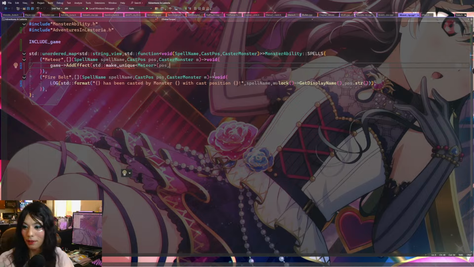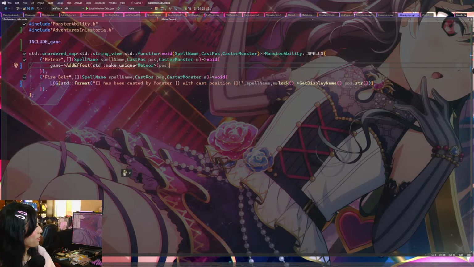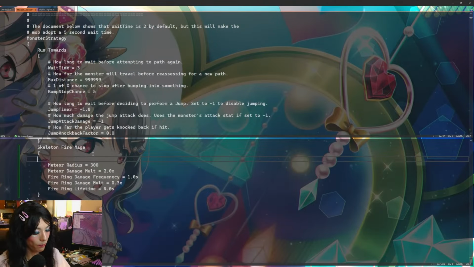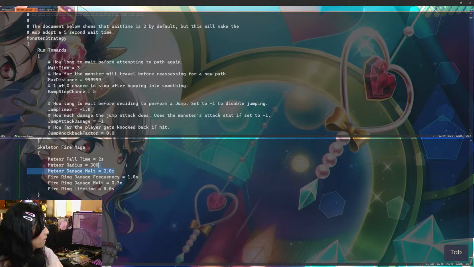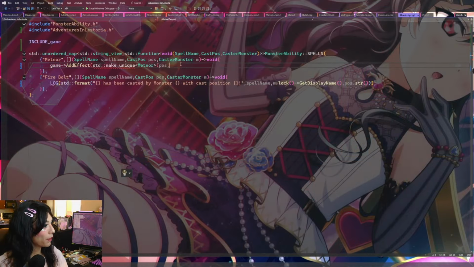I guess it'll be pretty quick. Like, we don't want it to take too long. Maybe like 2 seconds or something. Meteor fall time is like 2 seconds, right? I don't know. That's interesting. But we're gonna go with that for now, which means we're gonna have to read that from the configuration itself,